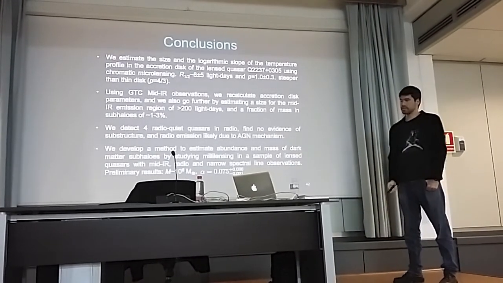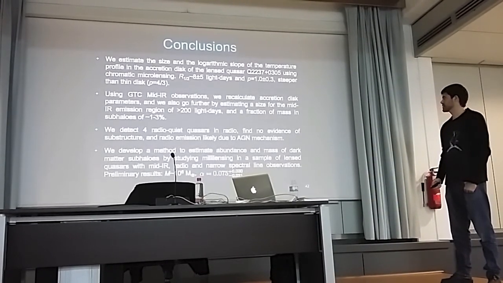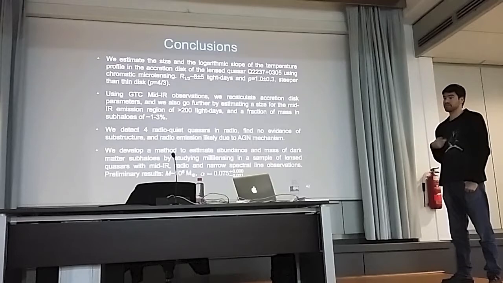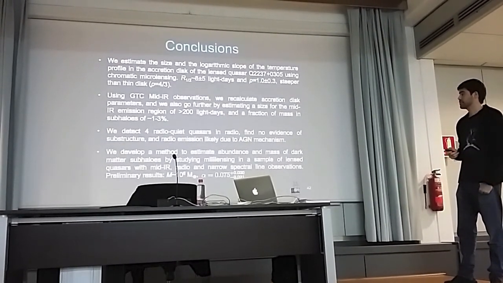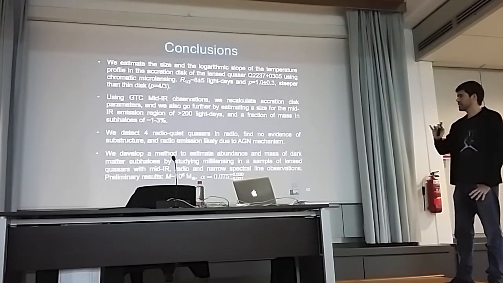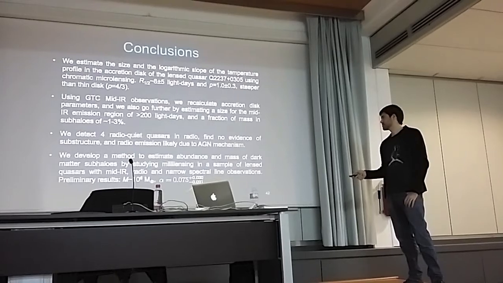And finally, we develop a method to estimate the abundance and mass of dark matter subhalos by scanning microlensing in a sample of these quasars that already have mid-infrared, radio, and narrow-line spectral observations. And our preliminary results are an average mass of the subhalos of about 10 to the 6 solar masses, and abundance of about